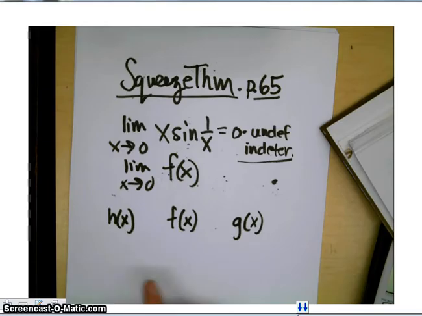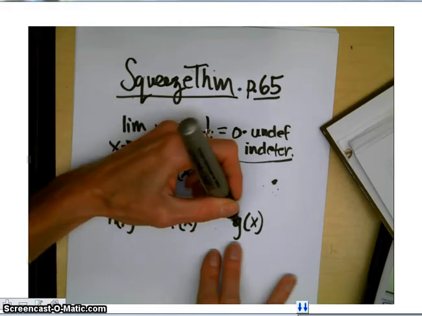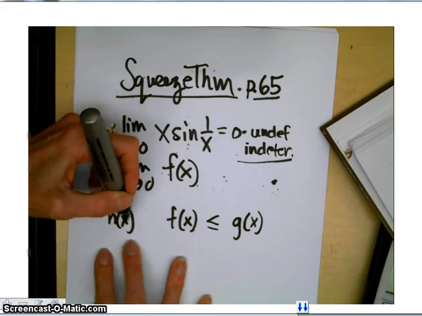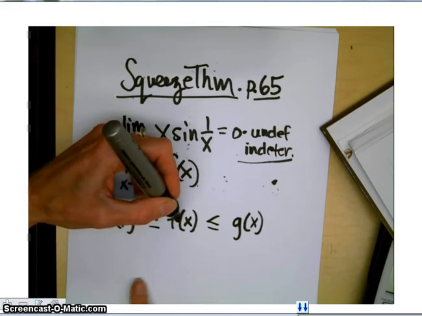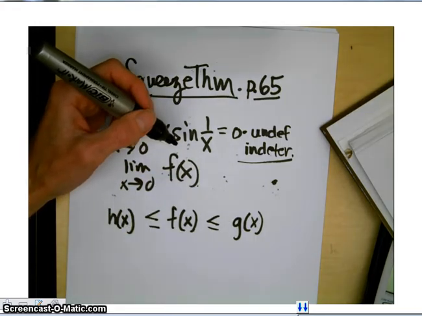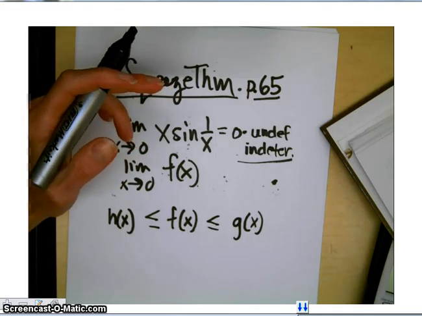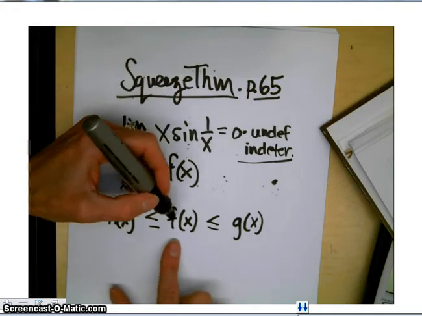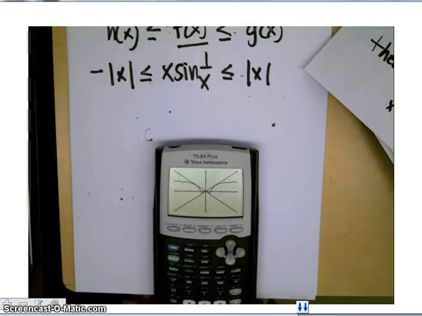But this function's graph has to be less than, or underneath, g of x, and it has to be above h of x. So this means that f of x's graph is in the middle of h of x and g of x. And like I said, in the real application of this, you would have to come up with your own functions that do that. So first of all, you have to have this. If this is the case with your functions,